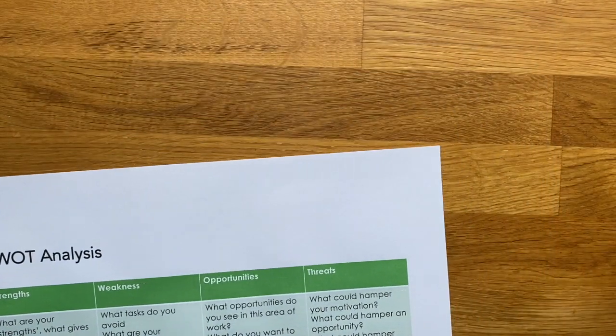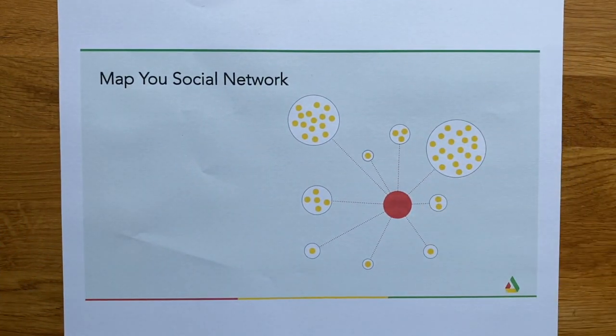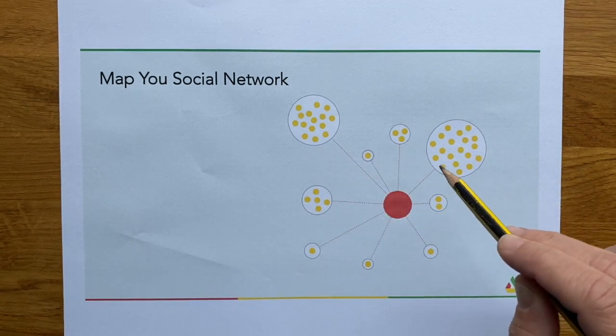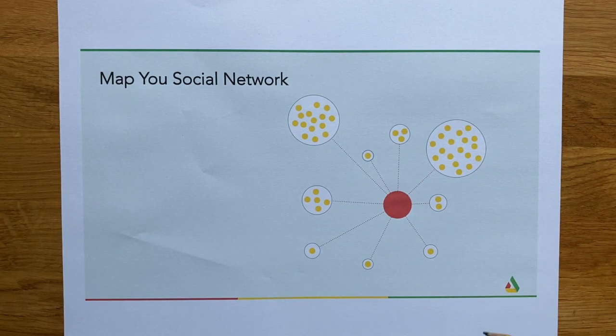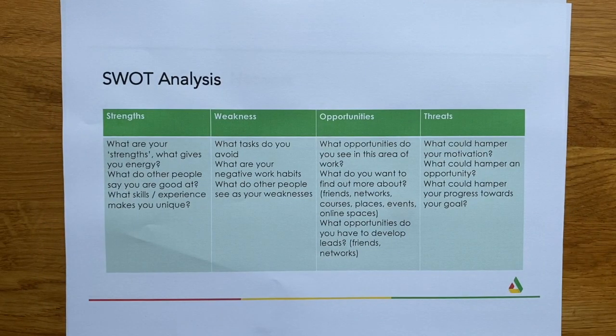And thinking about that, certainly the opportunity section, you might want to do something like a social network map, where you identify the different people in your network that could be useful in giving you that additional information or those additional skills, or provide you with opportunities to be able to move forward in that area. So who could be useful people to really have a conversation with around that? So this is completing a SWOT analysis.